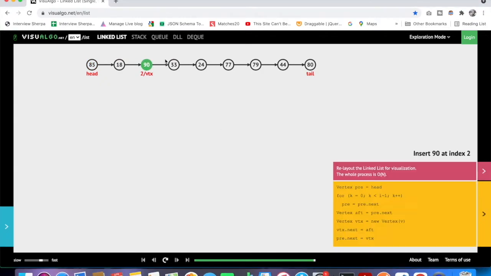In order to insert the record in the linked list, we need to find the leader node. How can we do that? If you remember, we passed an index, right? The index is 2. Initially, index 2 is represented by 33, and the previous index is 18. The previous node is nothing but the leader node. So to insert between index 2 and 3, we need to find the previous node itself. Here the previous node is 18. So let's go and do the hands-on coding to get a better understanding.